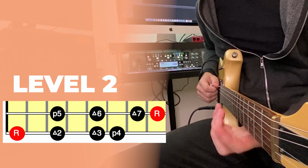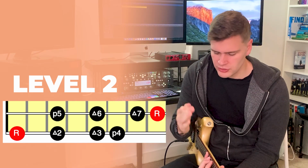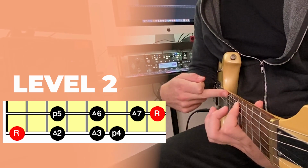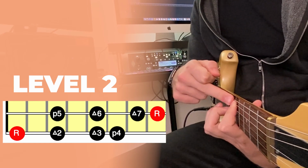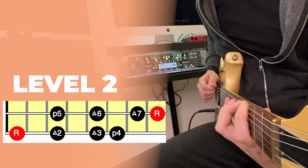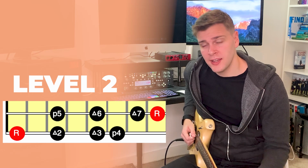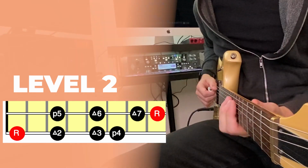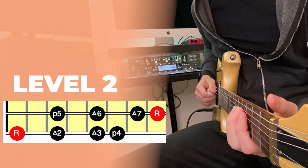So you can begin to see, there goes root 2, 3, 4, still thinking about note function the whole time, and then the 5th jumps up to here. So that same note is in two places. We've got a D note on the 10th fret, which is our 5th of the G, and we also have the same note on the 5th string on fret 5, and so we can make that jump. And that happens anywhere that we go on the guitar, except for one place, and we'll talk about that in a minute. So if I go to my G note here, same pattern